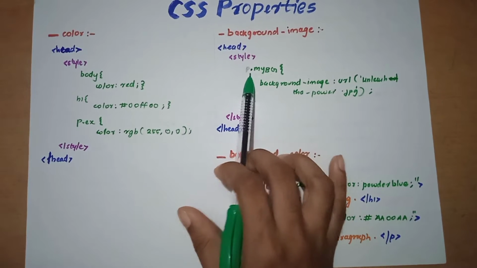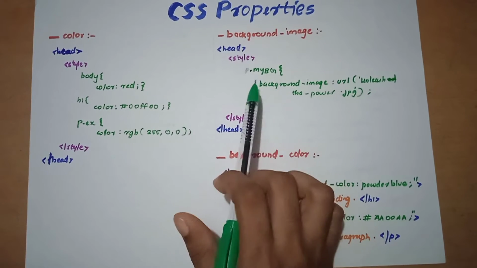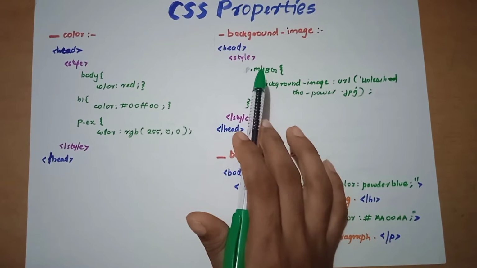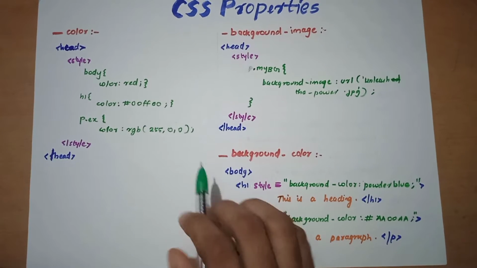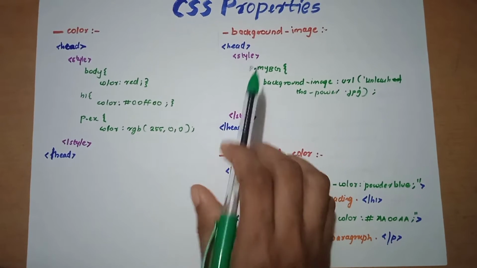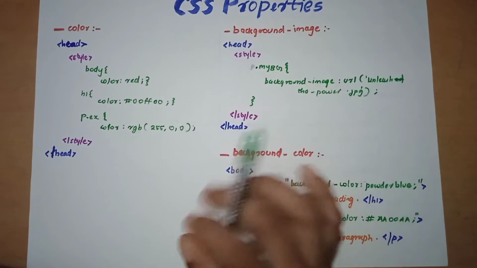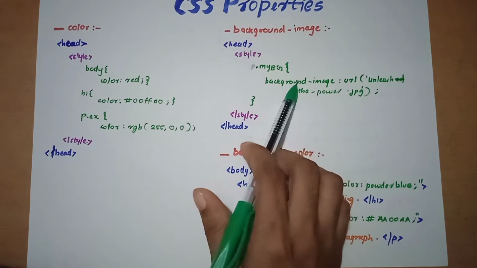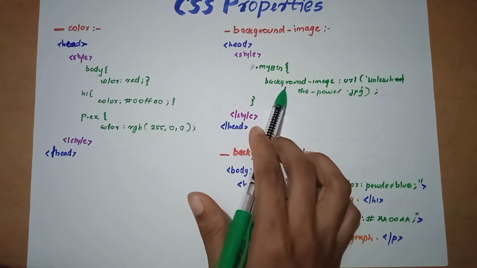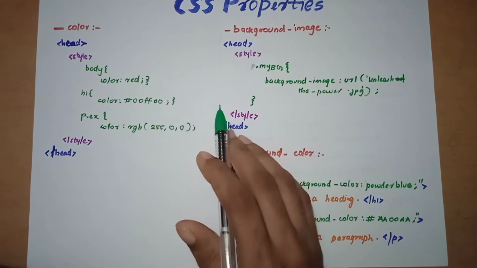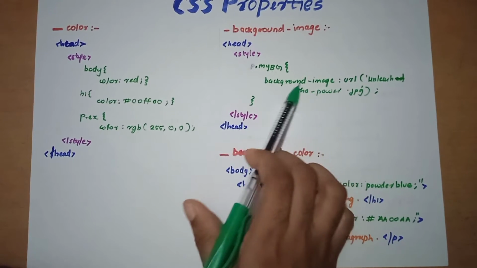So if you need to add this image of URL unleashed.jpg into your heading tag, all you need to do is open the heading tag in the body, then class is equal to, give the class name there, then write what you have to display. It will automatically give this background image to the heading portion also. Wherever you need to add this background image, such as paragraphs or some division, it can be easily done using this background image CSS property.